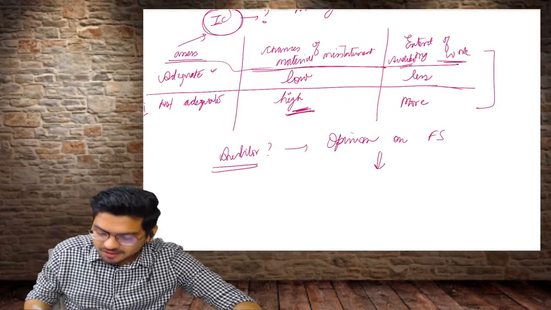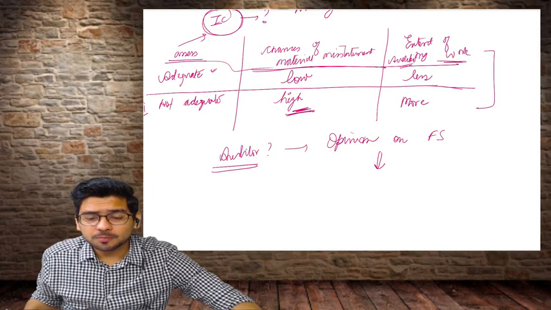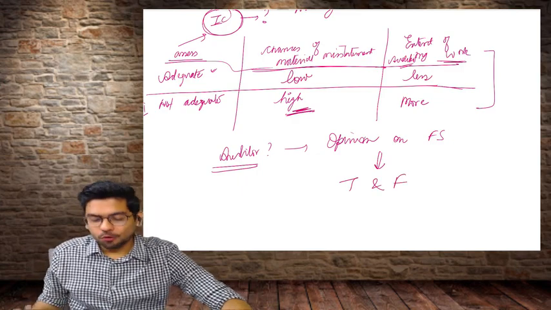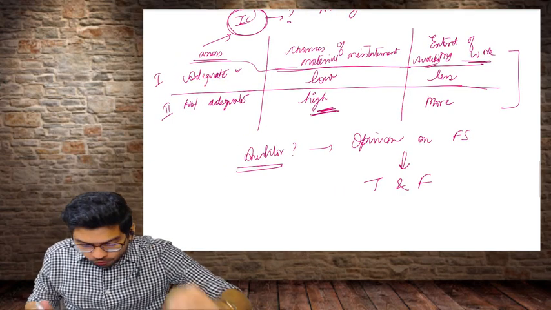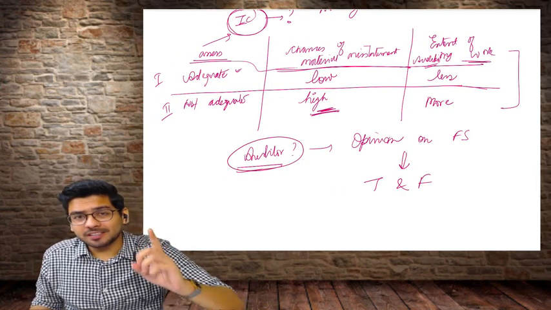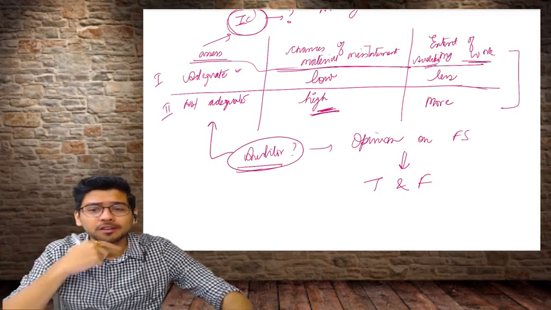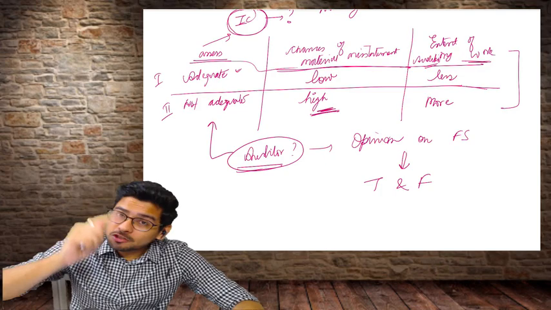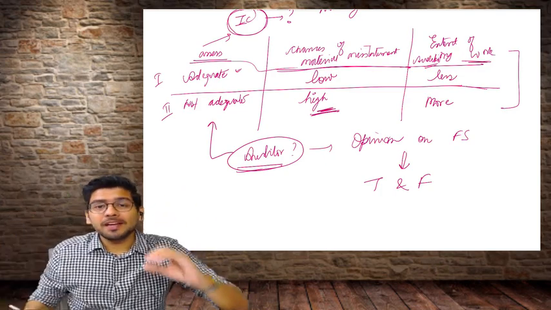What kind of opinion does he give? Yeah, whether the financial statements are giving a true and fair view. This is what the auditor has to do. Please remember, while the auditor is auditing, is he going to assess the internal controls of the organization or not? Yes, okay. He is going to assess the internal controls of the organization, but please remember, he is only going to assess the